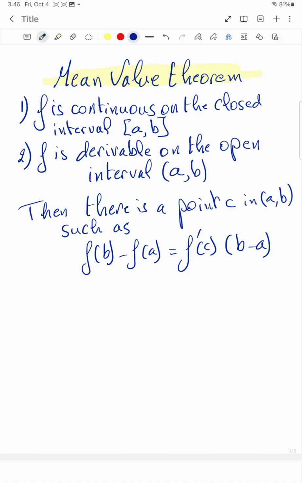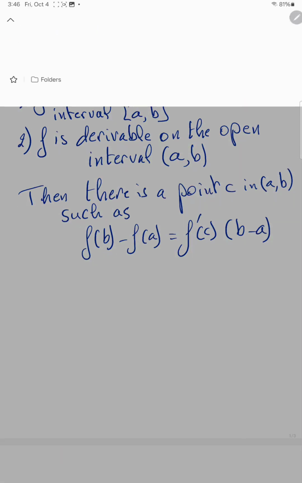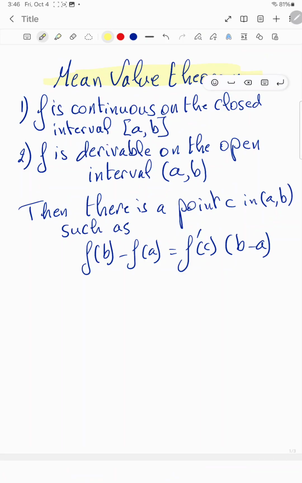In this video, I will explain the mean value theorem, and at the end, I will illustrate a function and find the point C that would allow me to prove for you that formula. This formula. Okay, so now